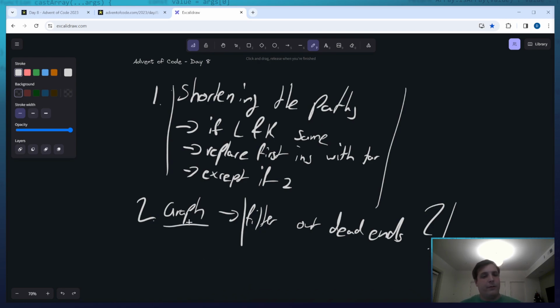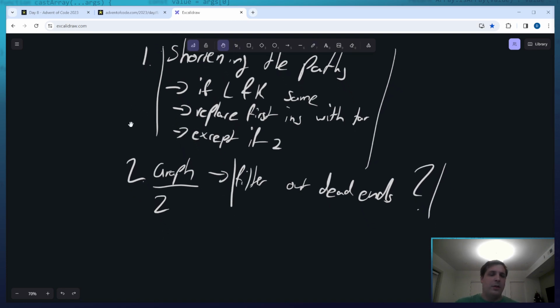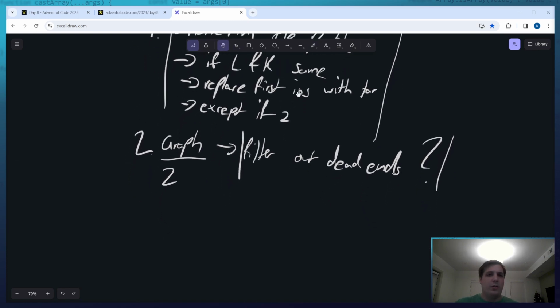But the graph could be interesting because then we can already see how to get to Z potentially. I'm just going through options right now. Until you find a good solution, you really just want to go through options.